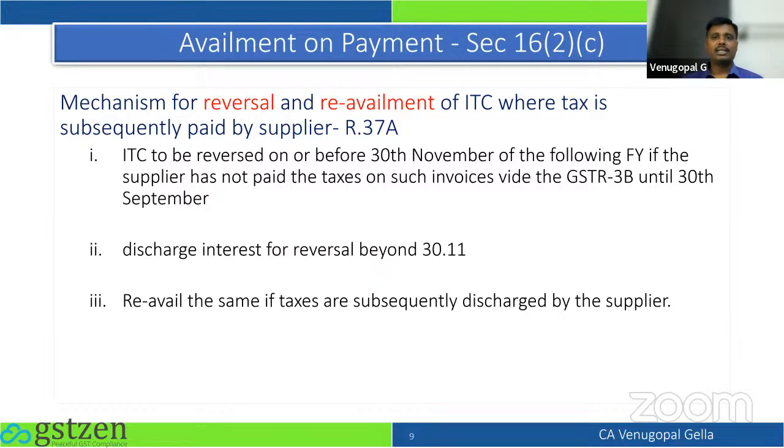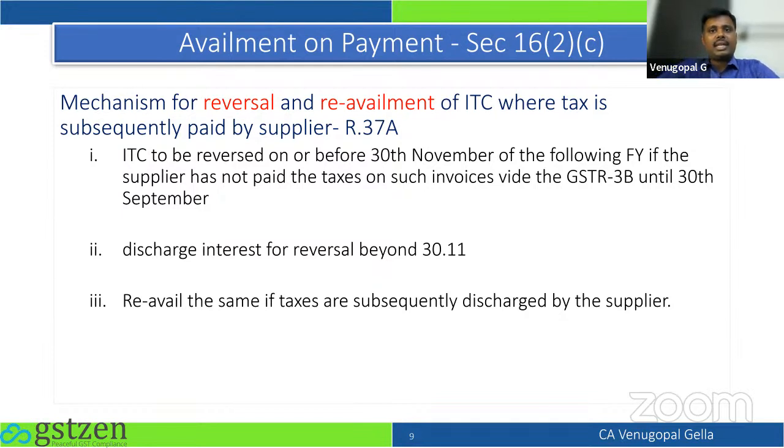Firstly, they are saying that the input tax credit you have availed, you would have utilized also, has to be reversed. The government is saying, if the supplier is not filing the GSTR 3B, he filed GSTR 1 for some reason, technical reasons, non-technical reason, willful default, whatever it is, and has not filed the GSTR 3B up until 30th November. Now, the September due date concept has been deferred to 30th November. All this while, it is the return due date of September, which would have been 20th October. So 20th October has now moved to 30th November.